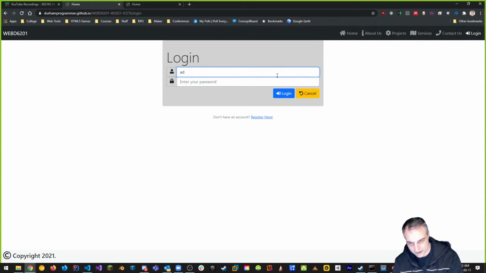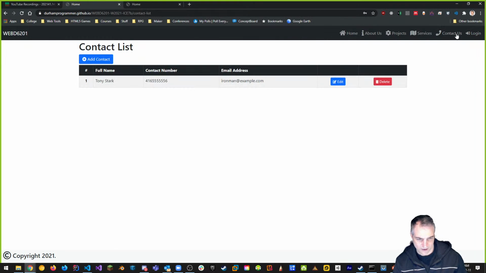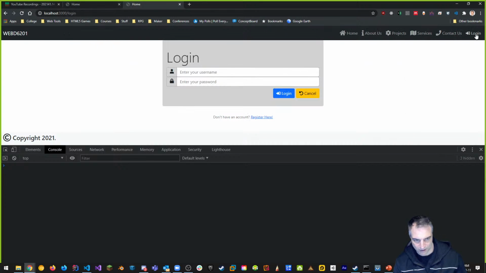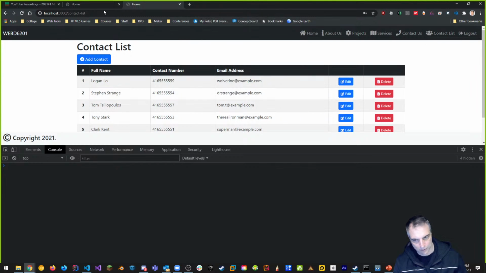So again, admin, log in. What? That didn't do what it's supposed to do. How does it work locally? Why is it working locally but not remotely? That is an issue, my friends. So locally now, when I log in, locally I'm getting contact lists. Remotely,